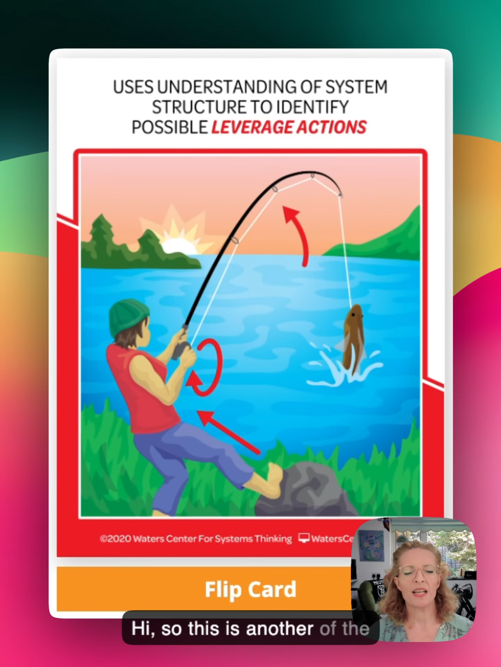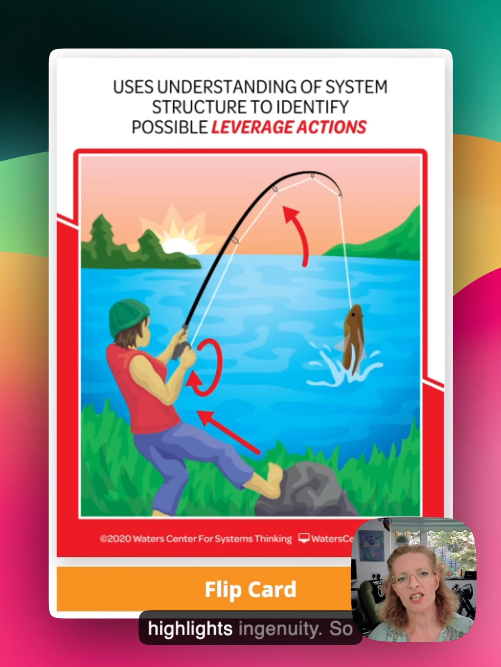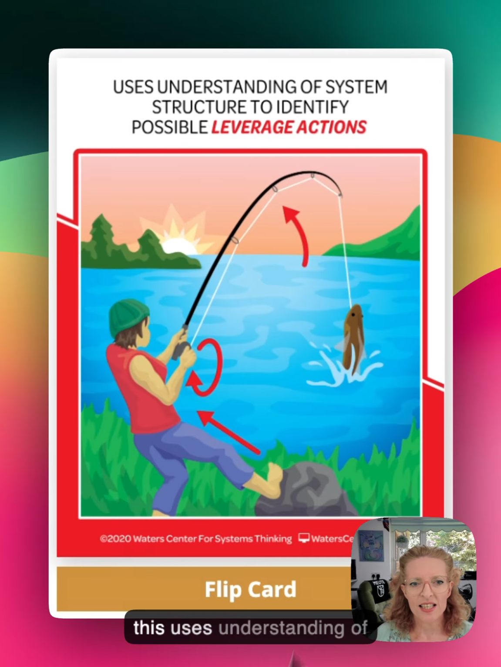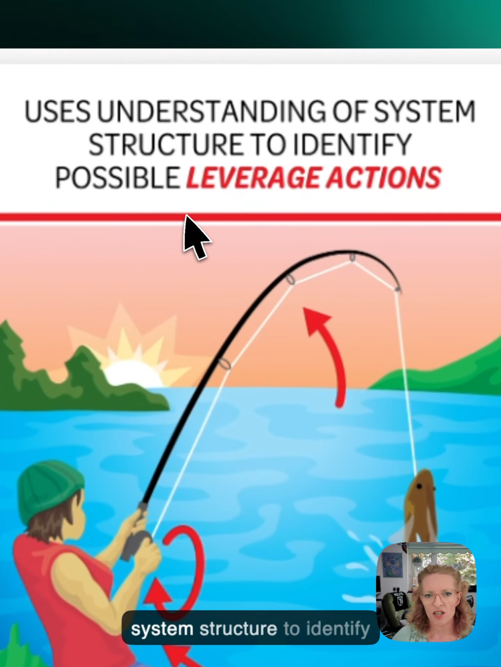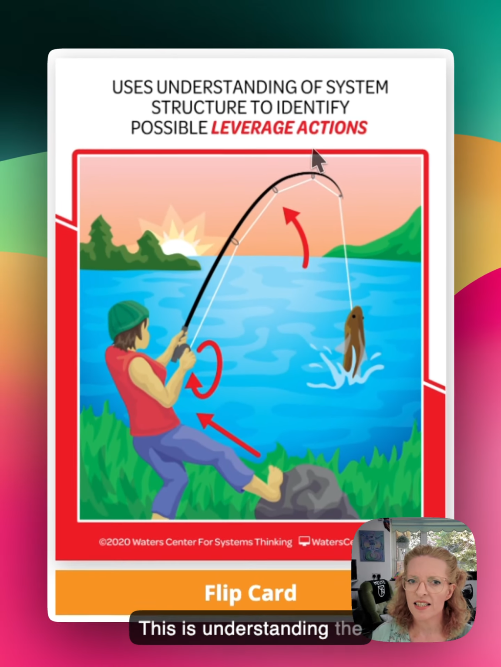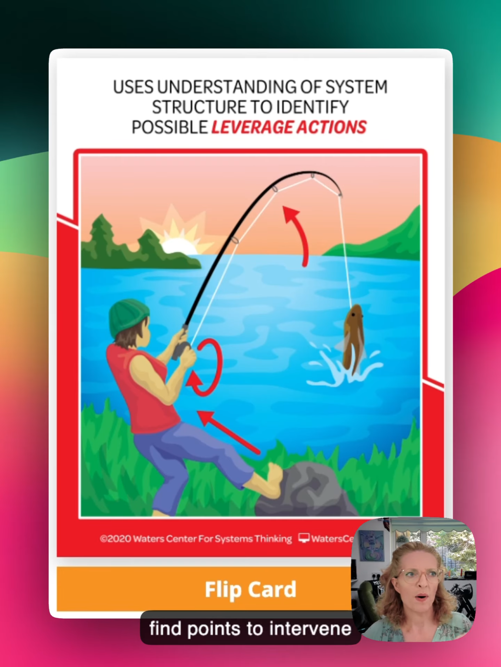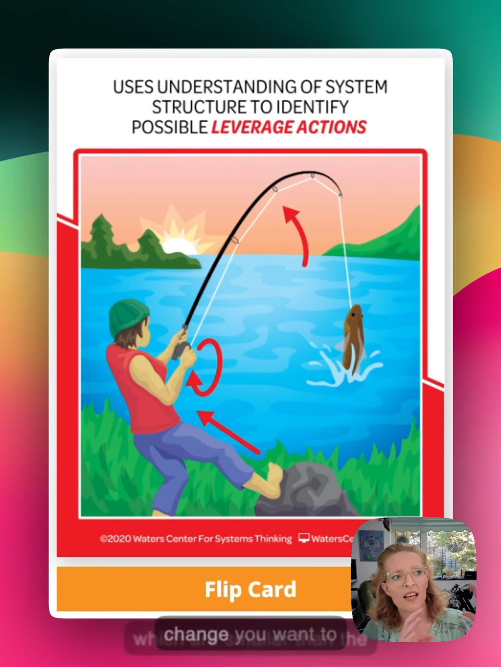Hi. So this is another of the habits of a systems thinker from the Waters Centre. And this is the one I think that really shows and highlights ingenuity. So uses understanding of system structure to identify possible leverage actions. This is understanding the structure so that you can find points to intervene which are smaller than the change you